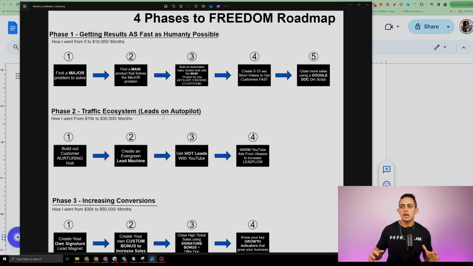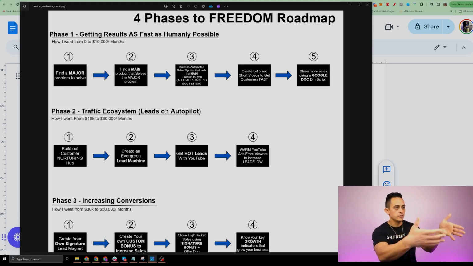Now, I want you to notice how I name these phases based on the core result that I want to get them, right? So I don't name it something like how to do YouTube. I say something like traffic ecosystem, how to get leads on autopilot. So I give it a catchy name, something that sounds cool. It's not boring. It's not just how to do YouTube or whatever, but essentially phase 2 in this example